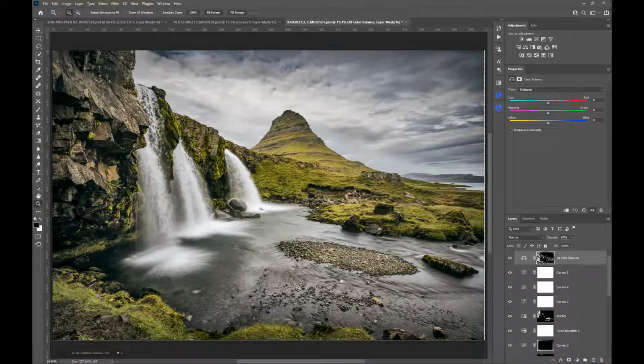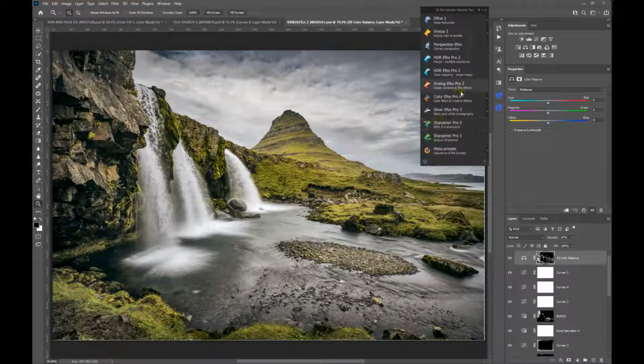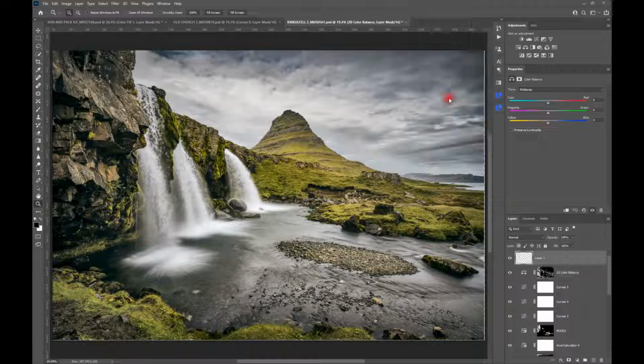So one of the last things we can do to add contrast into the image is to add the inverse overlay layer. But there's another filter that also adds to the contrast, and it adds color contrast, and that's using one of the Nik Color Effects Pro layers. And to do this you obviously need to have Nik installed, but if we go into Color Effects Pro